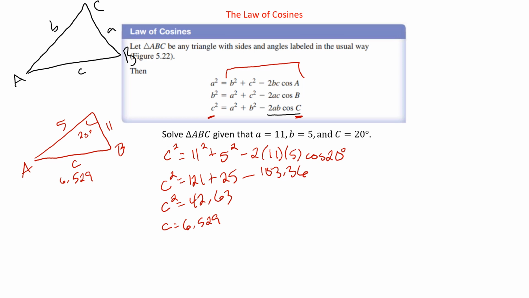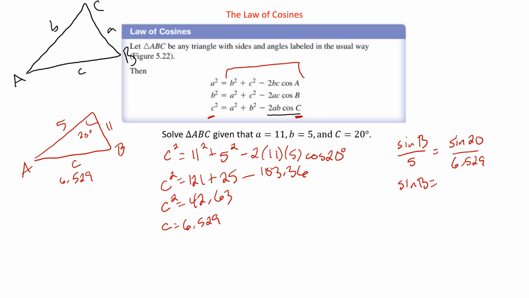So we're going to find sine of B over 5 will equal sine of 20 over 6.529. So we can multiply by 5 to get sine B equals, let's go sine of 20, divide by 6.529. All the other decimals in that, it's not going to make too much of a difference at this point in time. So we divide by 6.529, we get